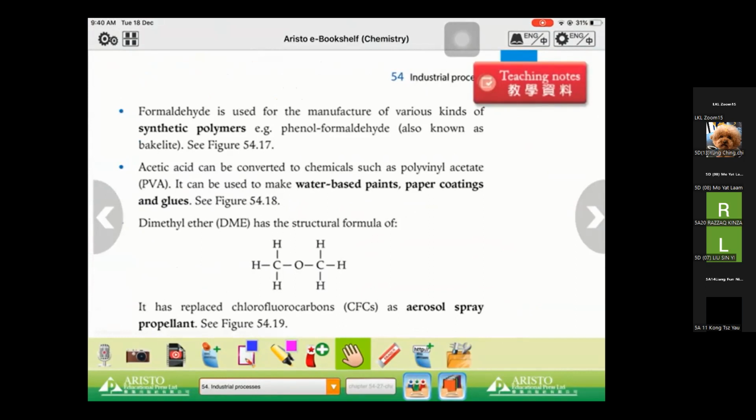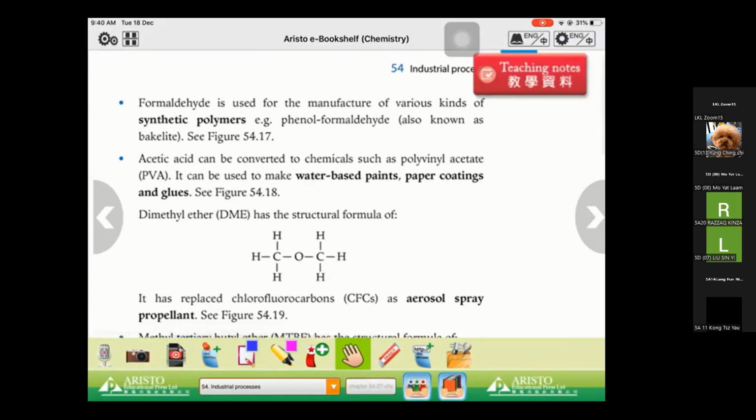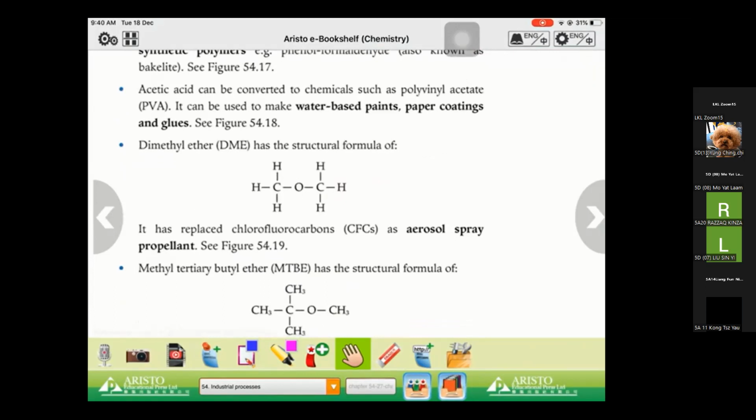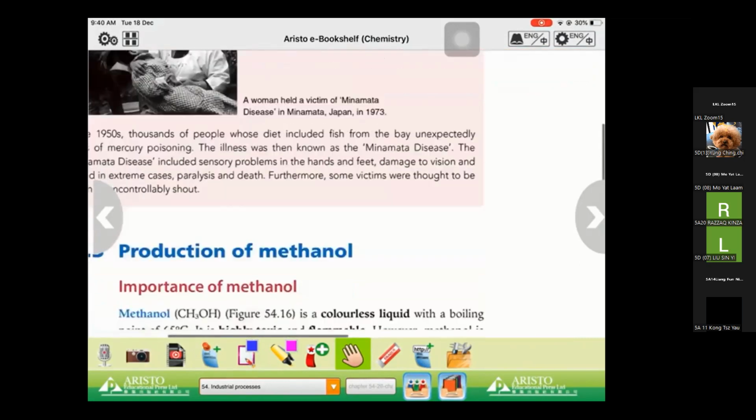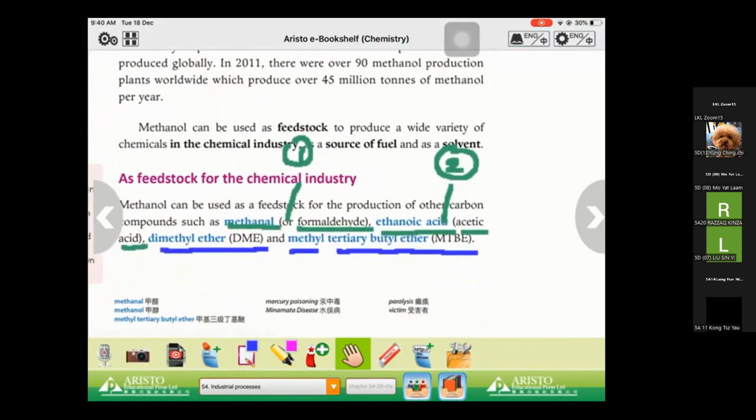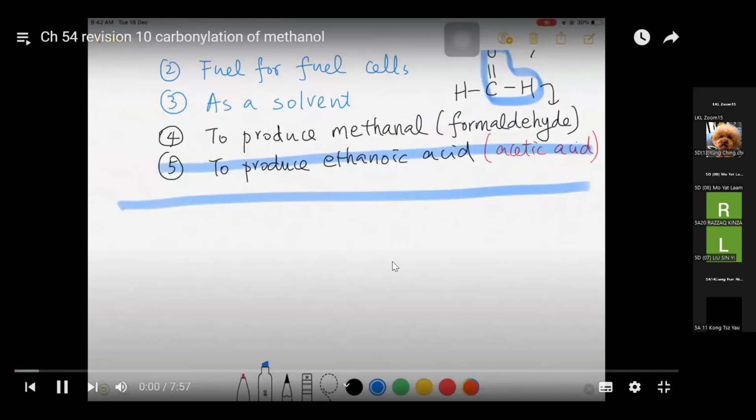咁我哋睇睇隔離嗰頁，我哋會見到 formaldehyde 點解咁有用？It can be used to produce polymers. Acetic acid, it can be used to produce water-based paints. PVA 膠其實就係白膠漿裏面嘅其中一個成分嚟嘅。Paper coating and glues. DME 就係呢個 structure。It can be used to produce aerosol spray propellants. 而 MTBE 就呢一隻，it is a petrol additive。呢啲唔好記，淨係記呢兩個得唔得？即係咩？methanol 有咩用處？Produce methanal, produce ethanoic acid。有冇出過？最緊要又係問呢句，話俾你聽係有出過，公開考試問過 uses of methanol。